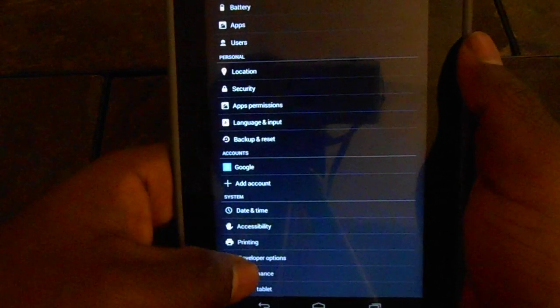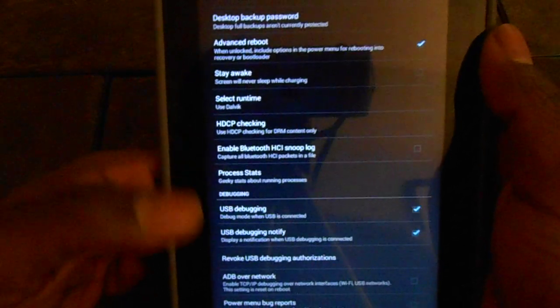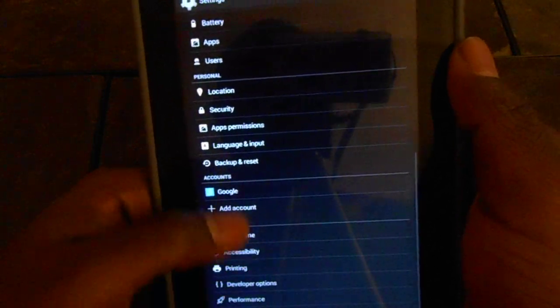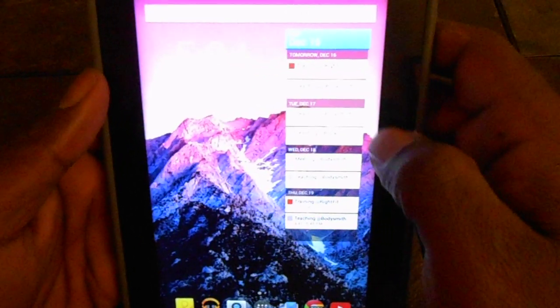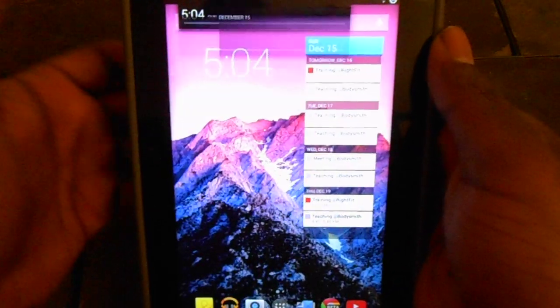You do have your developer options. It's still on Dalvik. I would not suggest running ART. I don't think it works. From the forums, it says it's not working. But if you're just looking for a KitKat experience, so far it seems to be decent on battery. It's fairly smooth. I like it because it runs a lot better than the Pac-Man ROM, just because of the